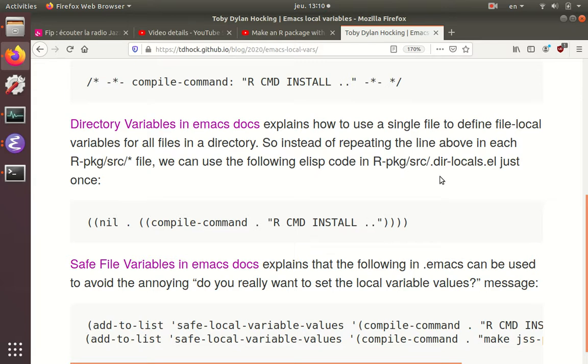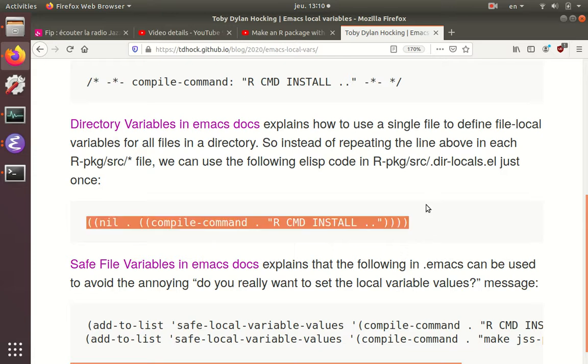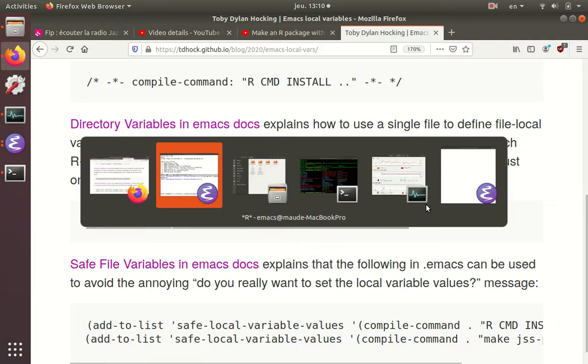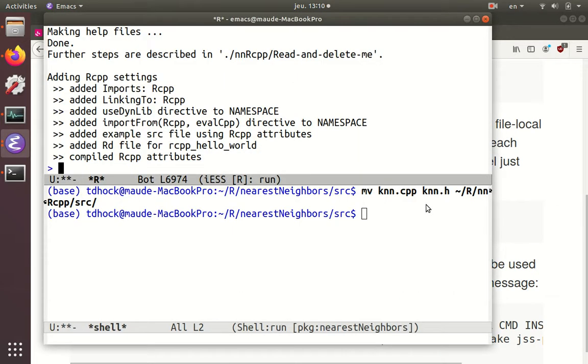Or you can, which is kind of better, the recommended way of doing it I think now, copy this line of code which does the same thing, but it works for all of the files in the source directory simultaneously. So let's do that. Here we're in the source directory. Here, let's go over here. Well, actually, in the Rcpp source, you create a file called